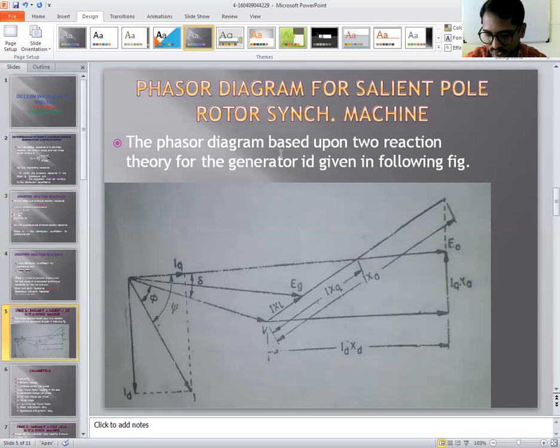Here N is the actual speed of the rotor, which causes an EMF to be induced in the field current. When the stator MMF is in line with the D axis of the field pole, then the flux phi D per pole is set up, and the effective reactance offered by the armature is XD.